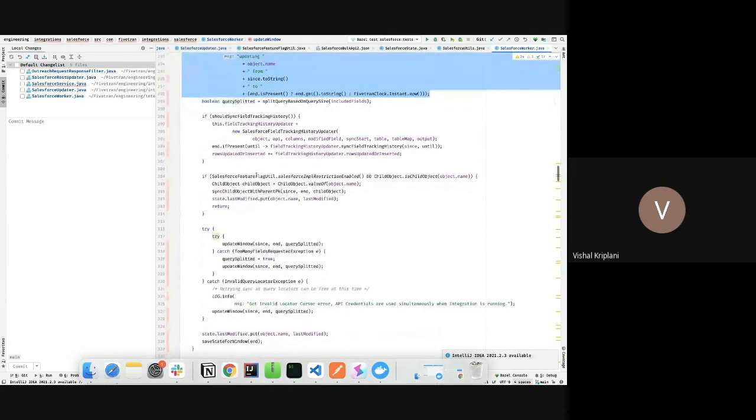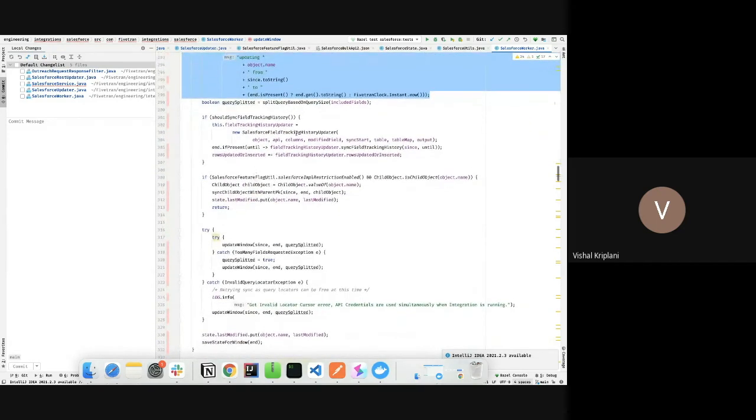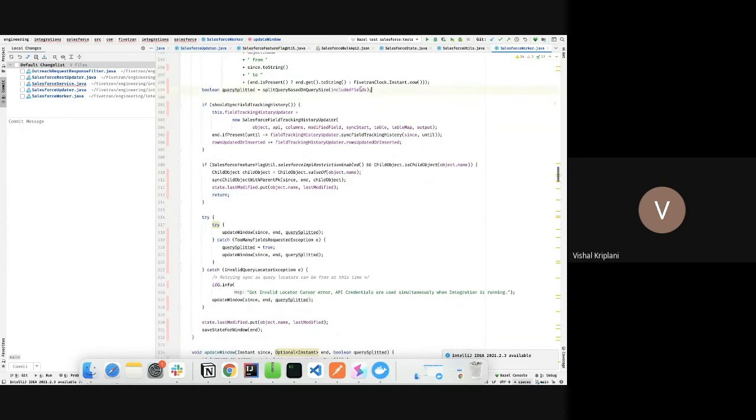So this is an important log, and it should be considered while debugging. Okay, so that is one thing. Now first we decide whether we should split the query or not. What does splitting mean? Let me show you one example. Let's suppose there is one object called object one, and it has some fields f1, f2, f3, and f4.